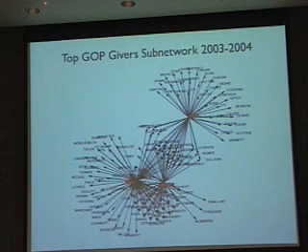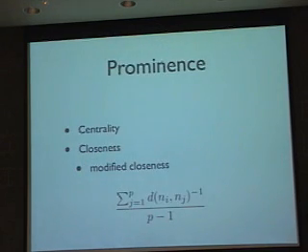We look into the literature on prominence, measures of prominence, and the big measures are centrality and closeness. We use Carter Butt's modified closeness measure, which asks, can the member of Congress reach every other member of Congress? How long is the path between